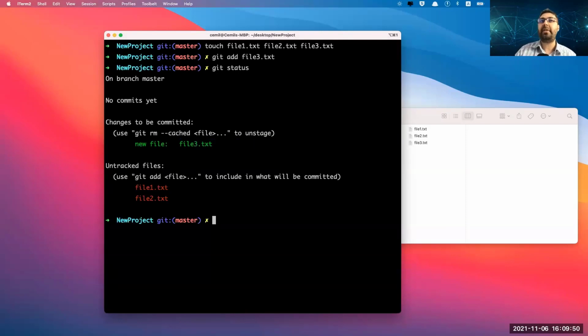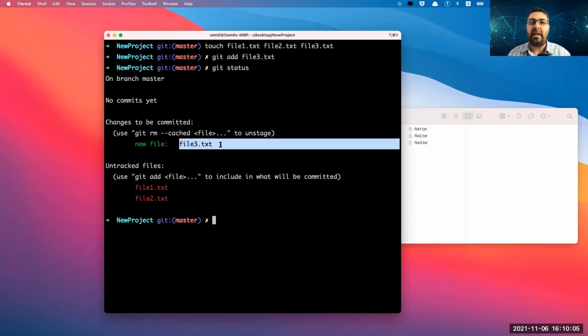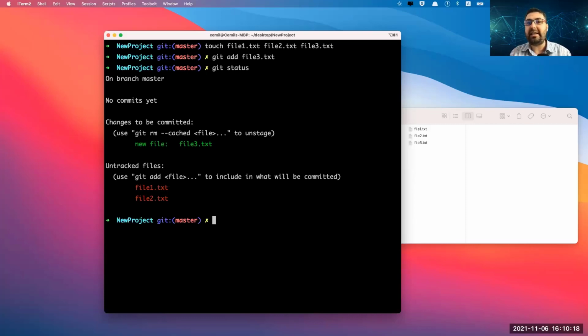So next, because we are tracking the file, we make some changes and we track those changes. The change we made here is that we created a new file. So that is the change. I have created the file, I didn't change anything in this file. It's just a pure new file. We already ran git add with the file name. So the next thing is git commit, because we added to the shopping cart and now we just buy it and then exit the grocery shop.